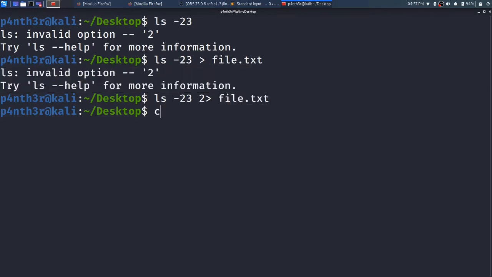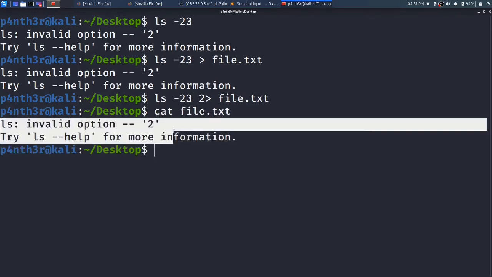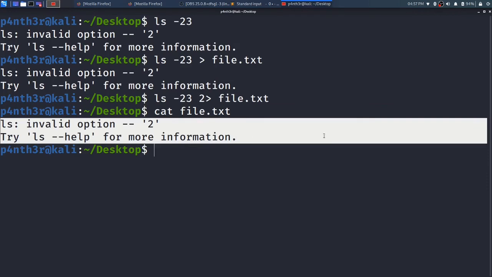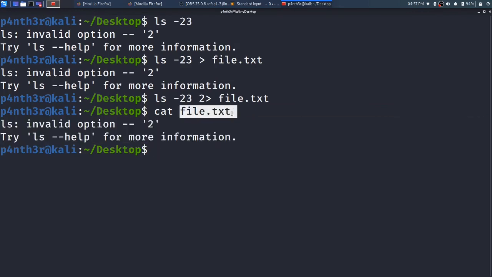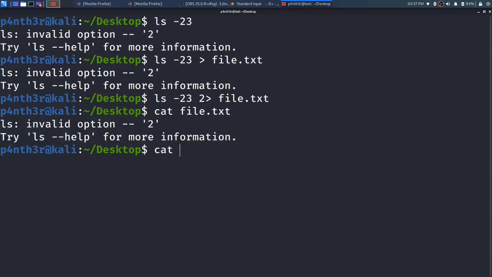When I type cat file.txt, you can see it is showing me that the error is stored in file.txt. So if I use ls -23 with the double greater than sign and type file.txt, what will it do?